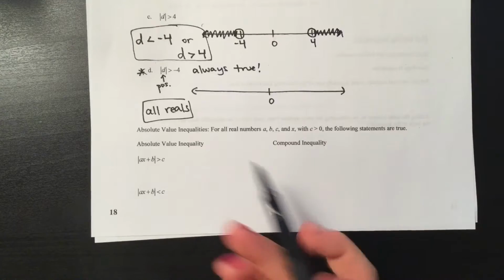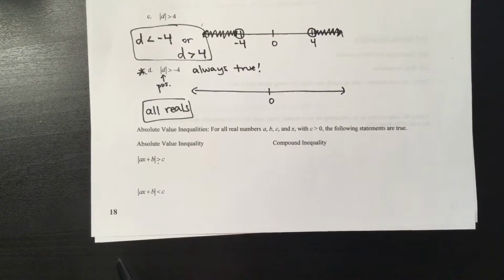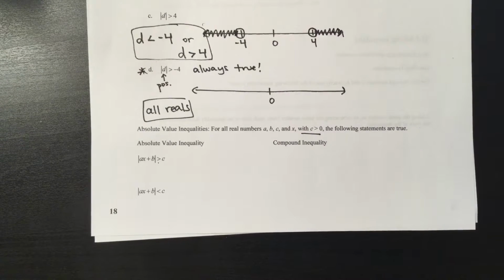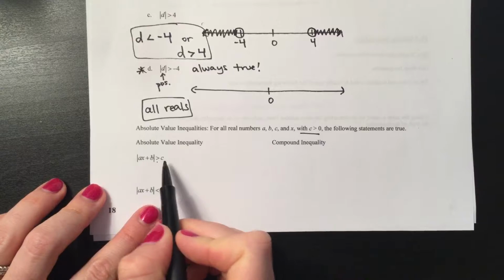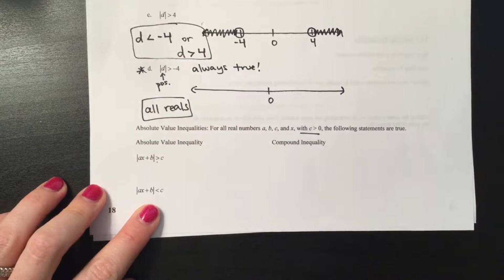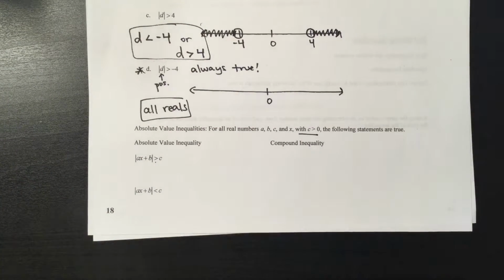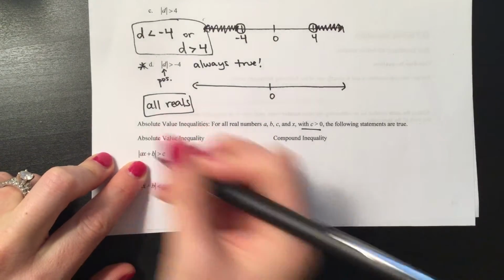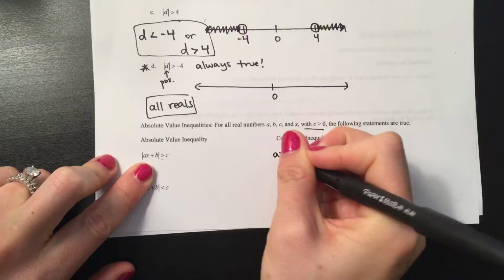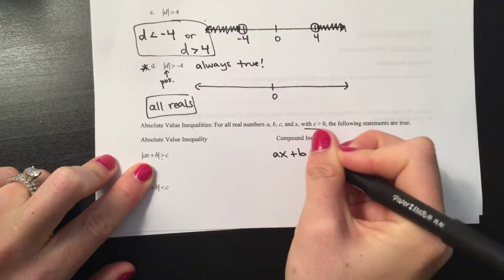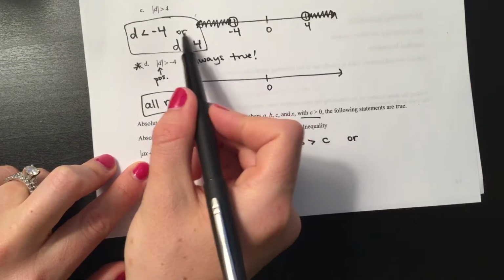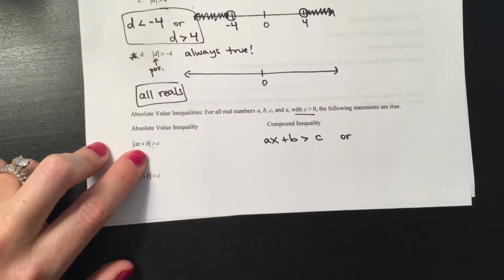Okay, so here I have greater than a positive, less than a positive. Again, we're assuming right here that C is positive. So we're going to rewrite these as a different compound inequality. Okay, so when I have greater than a positive like this, it ends up turning into a compound inequality. All right, so it's going to look like this. I could have AX plus B is greater than C, or, because remember this turned into being an or inequality,